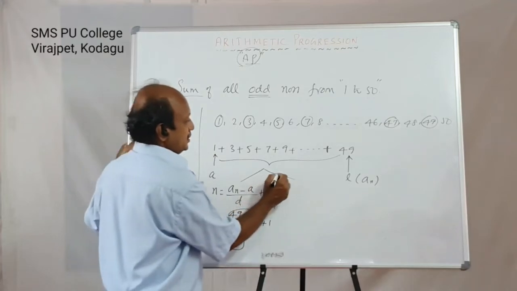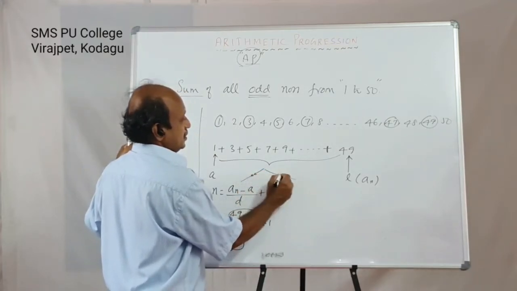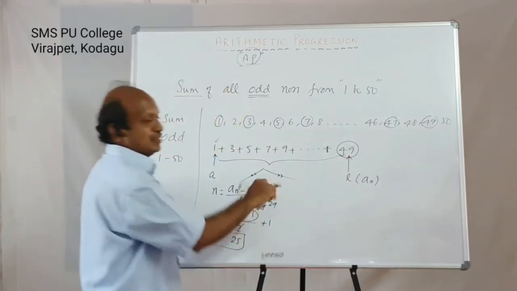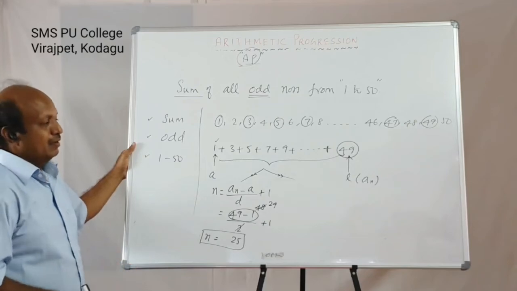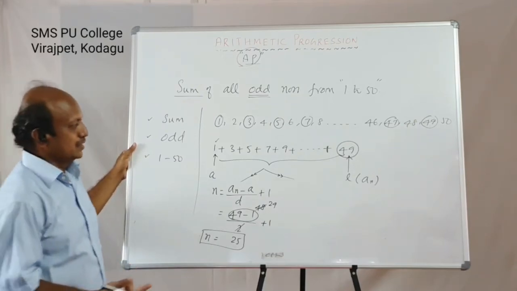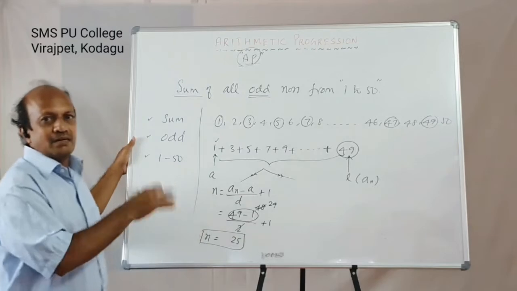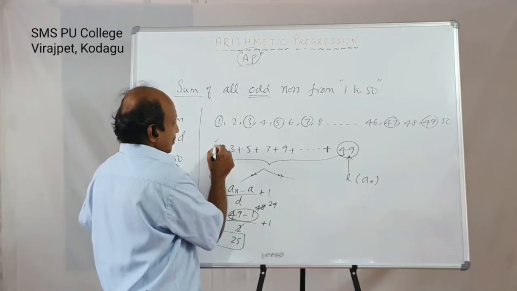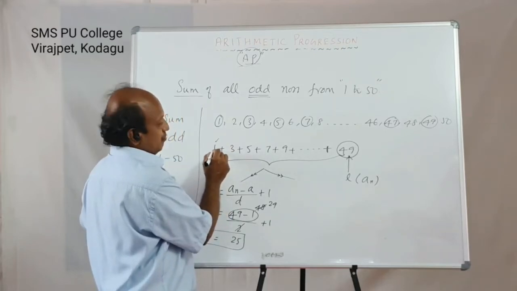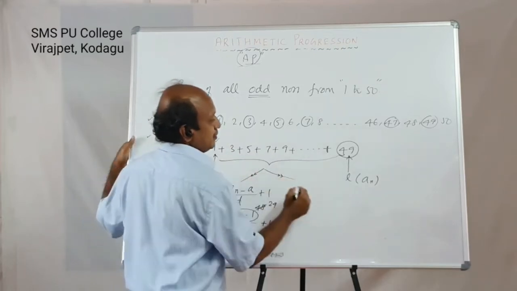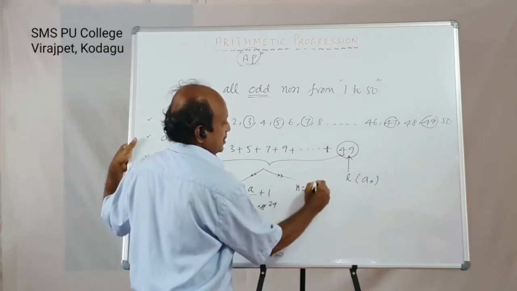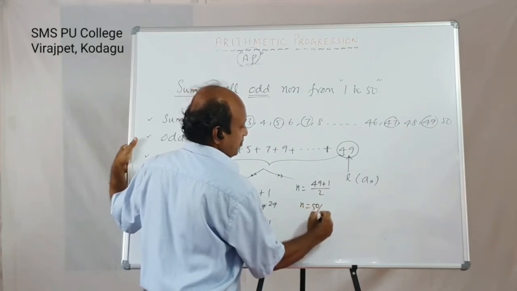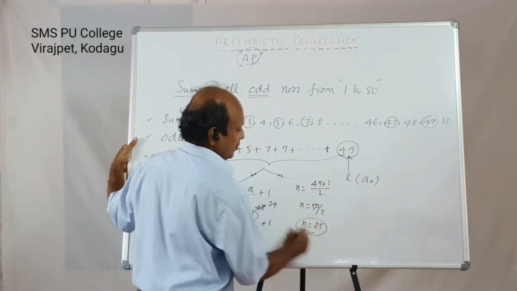I have told you another easy way you can find it, but the only thing is it has to start from 1. Now what is the number given here? 49. What is the next highest number? 50. What about half of 50? 25. That's all. If 20 numbers are given, 10 numbers should be odd and the remaining 10 numbers should be even. Remember, you can apply the shortcut if it starts from 1, that is 1, 3, 5, 7 and so on up to 49. Here n is equal to 49 plus 1 by 2, that is nothing but 50 by 2. Therefore the value of n is nothing but 25.